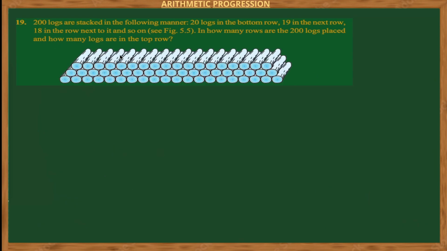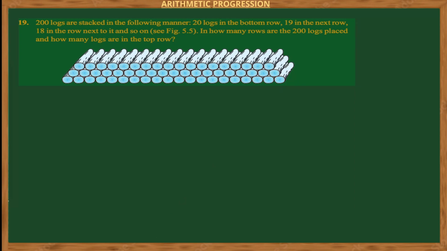Okay, 200 logs are stacked in the following manner. Totally we have 200 logs, with 20 logs in the bottom row, 19 in the next row stacked,